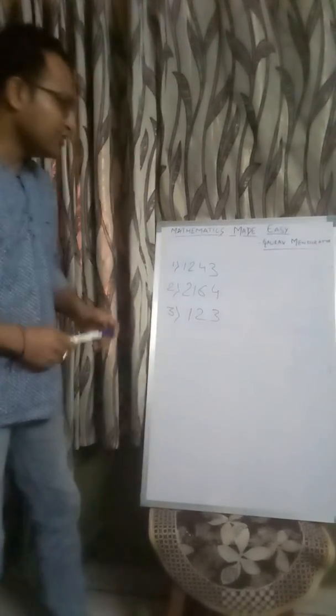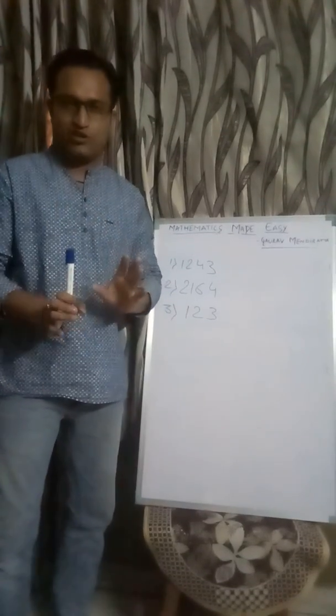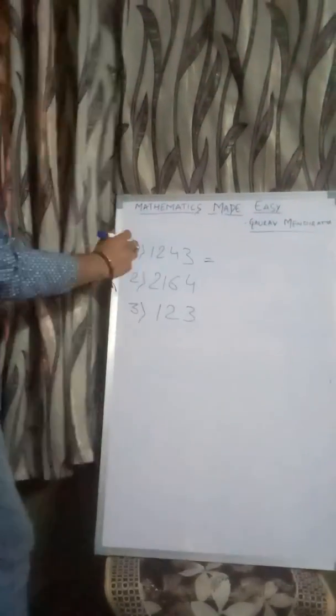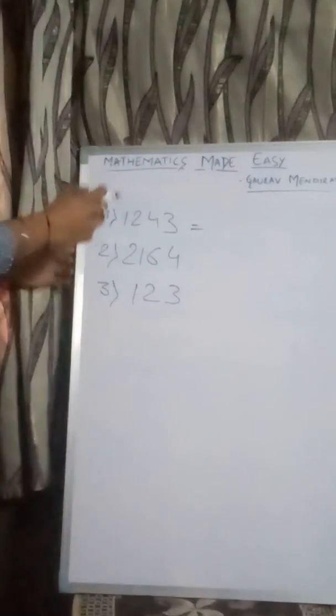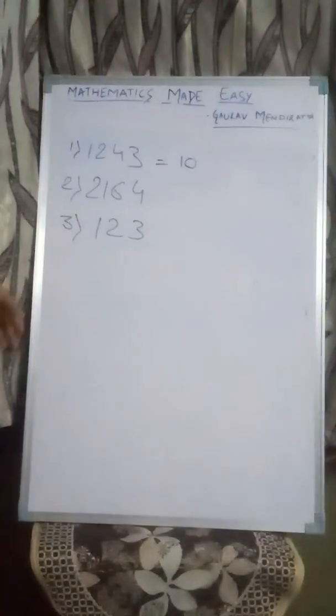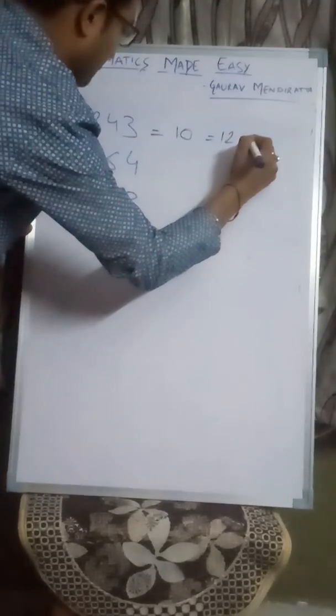Okay, so what you need to do is, you have to think of any number, any digit number you can think, and just add the digits. Now how will you do that? Suppose I've thought of 1 2 4 3. I'll add all the digits. That's 1 plus 2 plus 4 plus 3, that's 10. Now subtract this sum which has come from the overall number you have thought of. Okay, so 1 2 4 3 minus 10 is